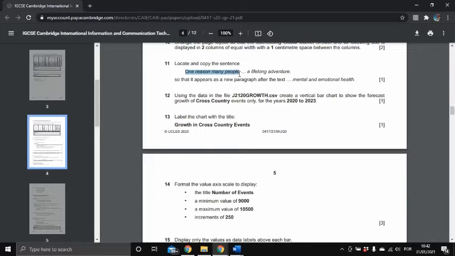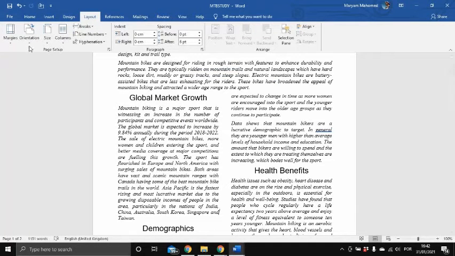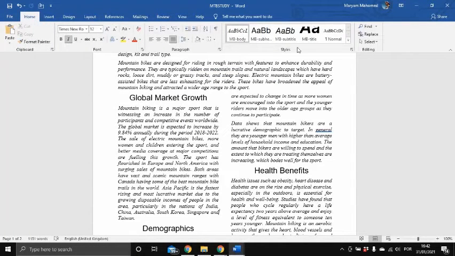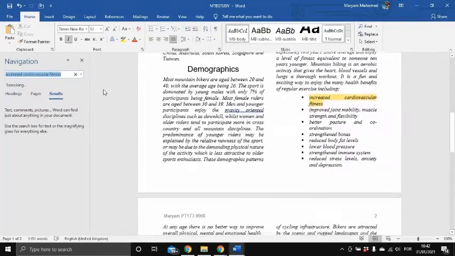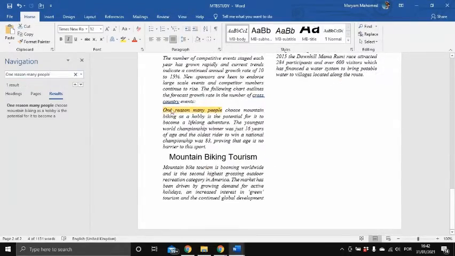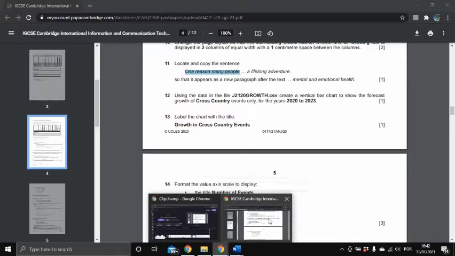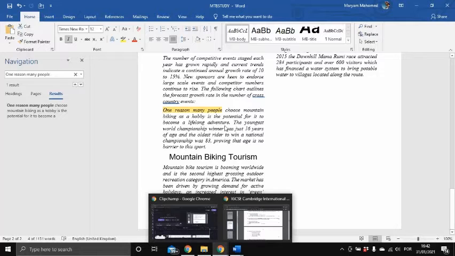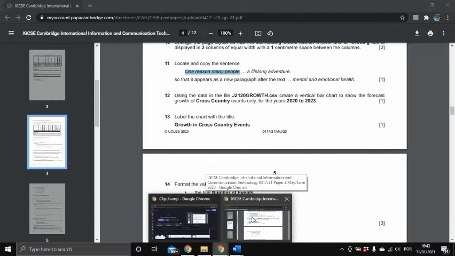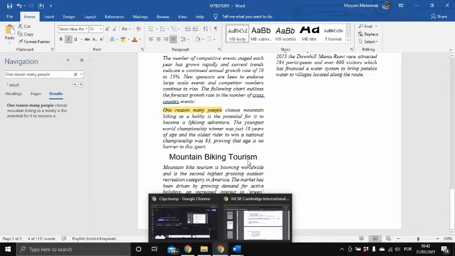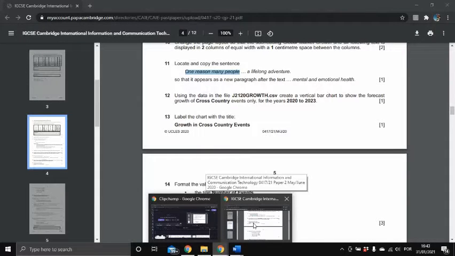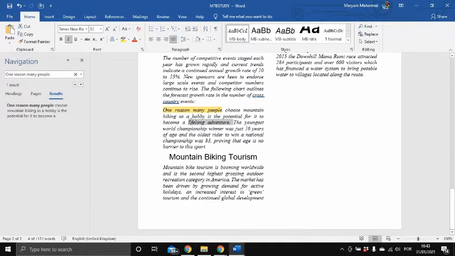So you can do this, Control C, and here Control V, and we have until a lifelong adventure. Sorry, yeah. So we have to copy this sentence, okay, like this, Control C,